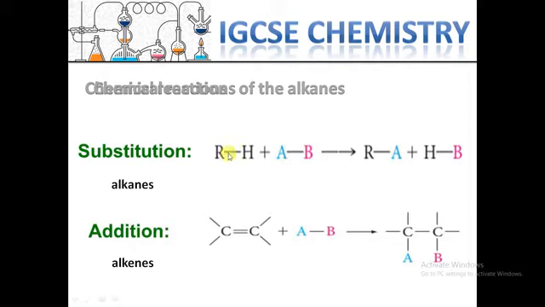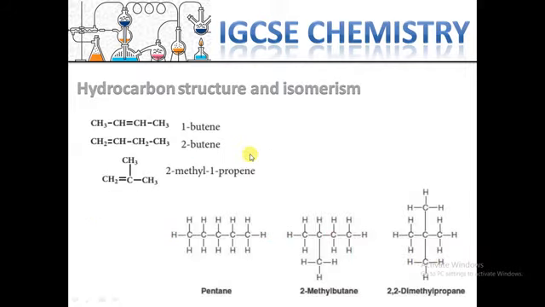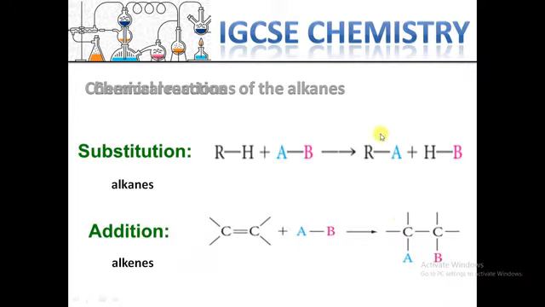We have RH. R means an alkane chain, any chain, like methane, propane, butane, or any. Just put R. Of course, at the end of the chain there is a hydrogen, like you can see here. At the end of any alkane structure there is hydrogen. So this is only a symbol. They write it like this in organic chemistry. This is well known